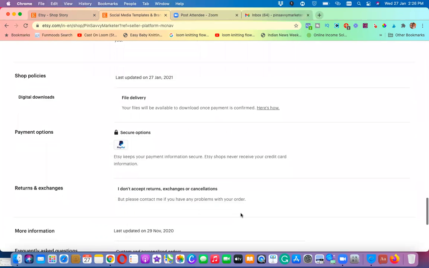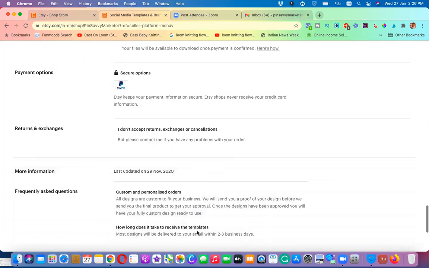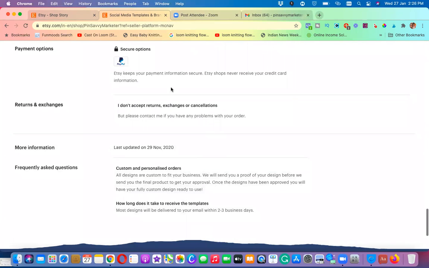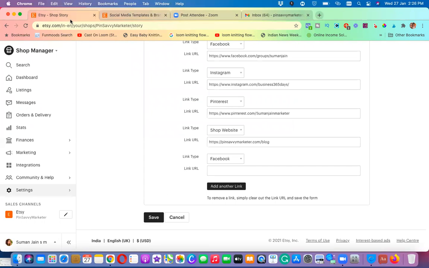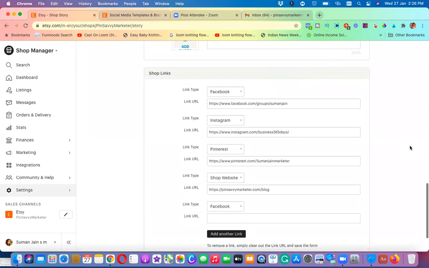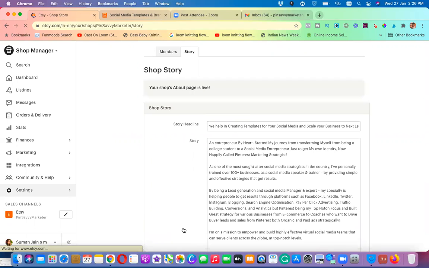And you can see here, because I have made these changes, they have taken effect over here. So all this information will be below the store. Here is the information, and that is where the shop links are.